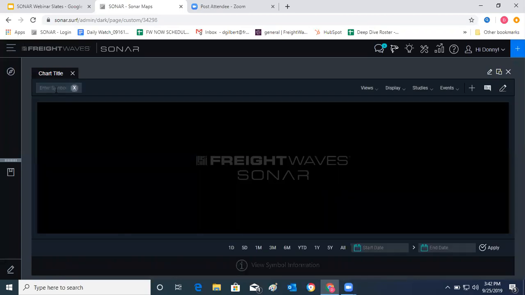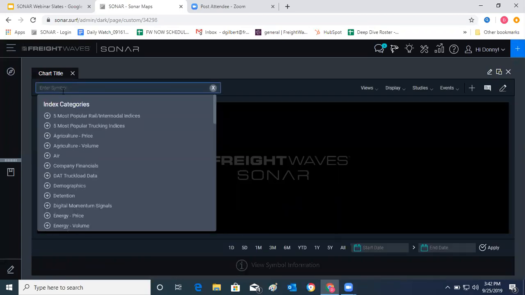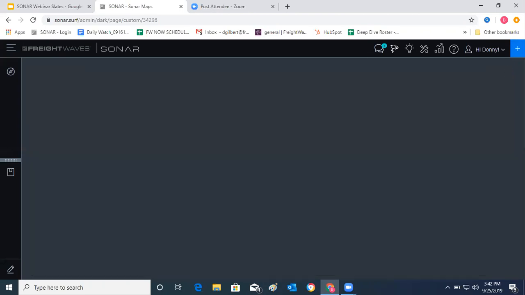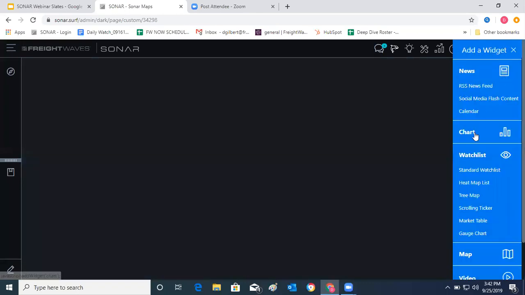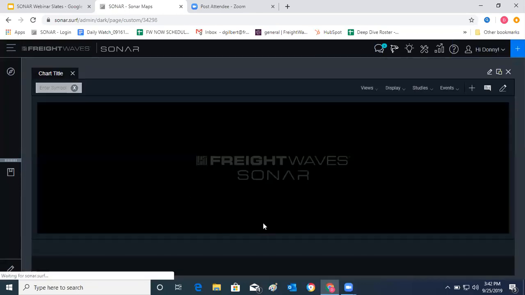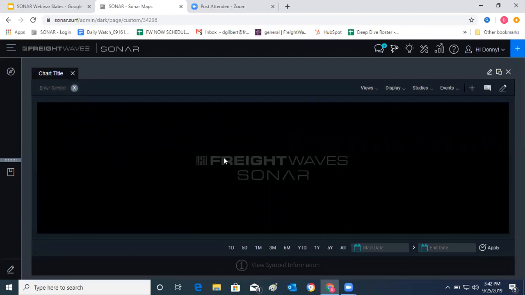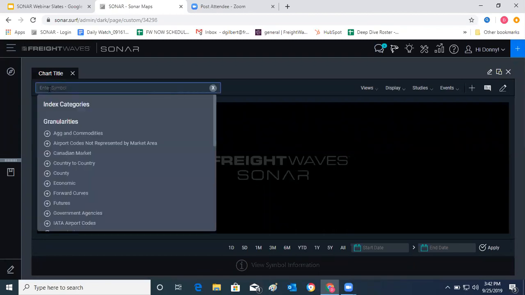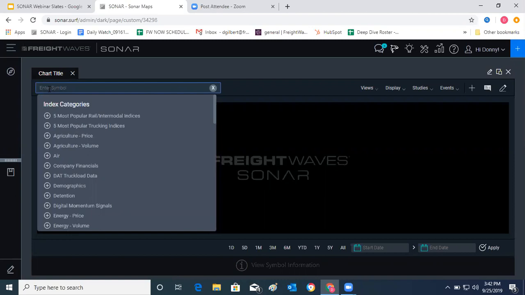We also use a chart here. If you're going to build a chart, let's back up so I don't speed up and get away from us. You go to the blue plus sign and drop down and click on chart. It'll bring you up a SONAR chart. It'll be blank. The tickers that we use, which you will learn over time, if you go to our knowledge